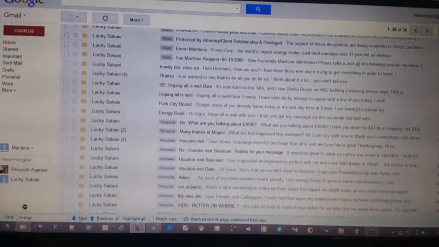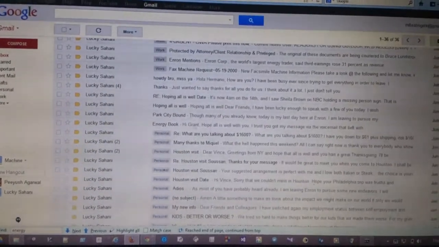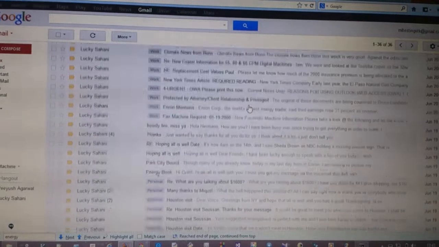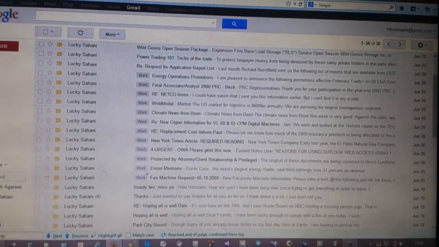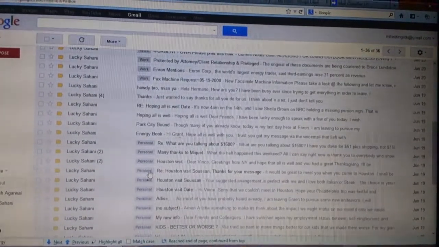Hi everyone. We have made a Gmail web app which classifies your emails. It basically goes through the content of your incoming mails and classifies the mail based on the content of the previously classified mails. For example, here you can see that some mails have been classified into two folders, the work folder and the personal folder.